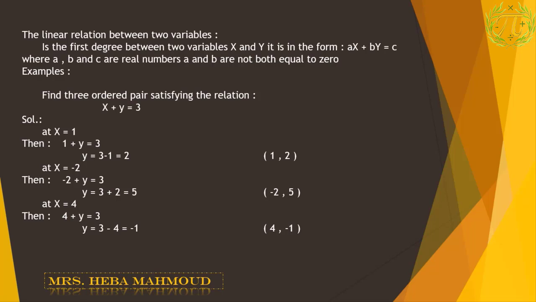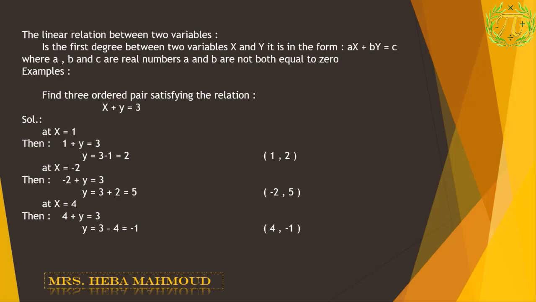Solution: we choose any three numbers for x, like if x is 1. So we substitute the value of x in the relation x plus y equals 3 to find the value of y when x is 1. So y equals 3 minus 1, which is 2. So the first ordered pair will be (1, 2). We have to remember that any ordered pair consists of x and y, the first number for x and the